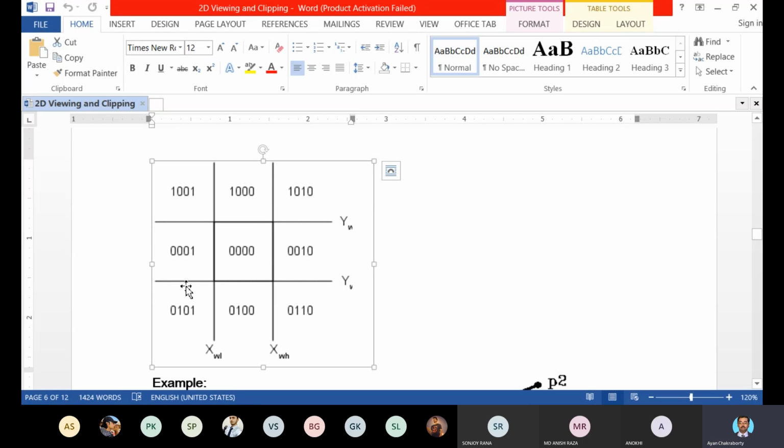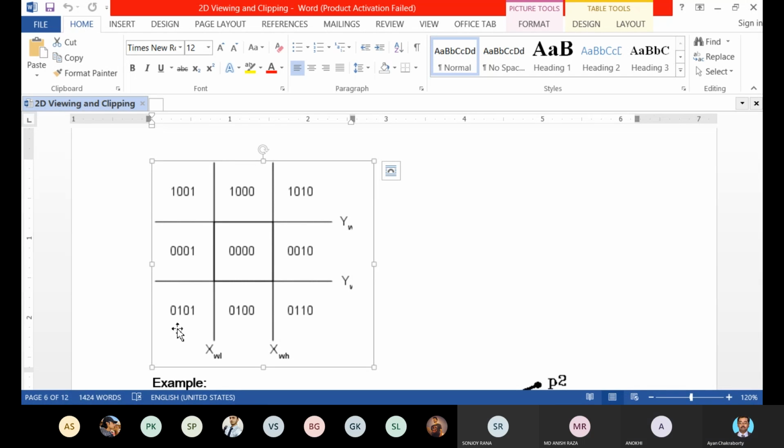For the west region, here also we are not at the below position of the window. We are at the same level of the window. So in the west region, the heartbeat is 0. Now in the southwest region, we are at the below position of the window. So the bit, as you can see here, is 1. Is it clear to all of you?